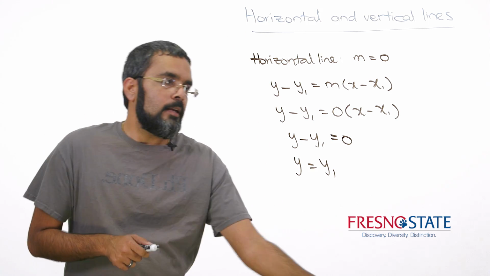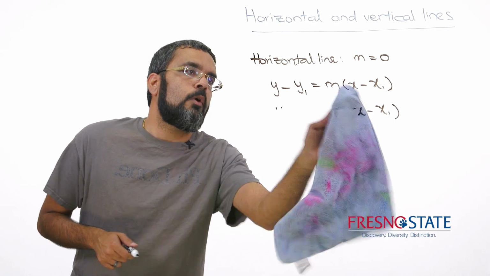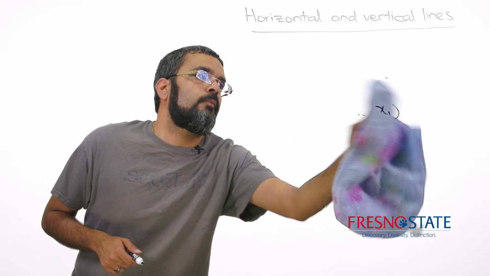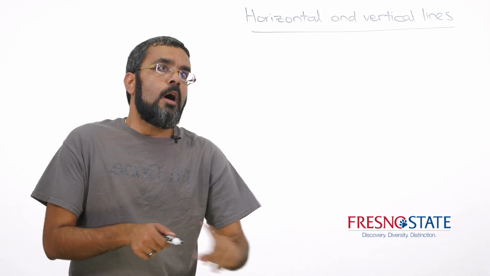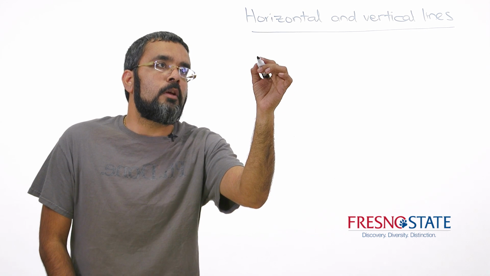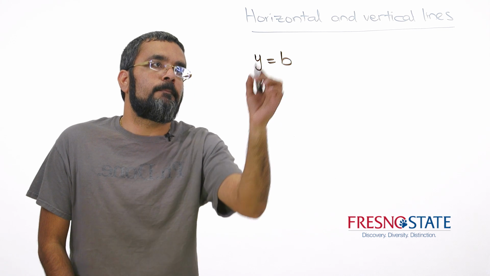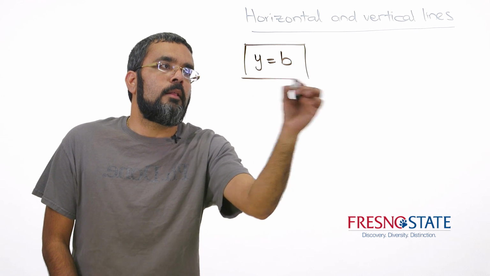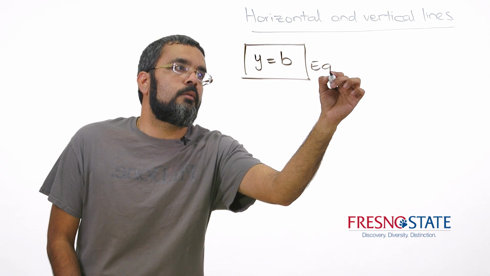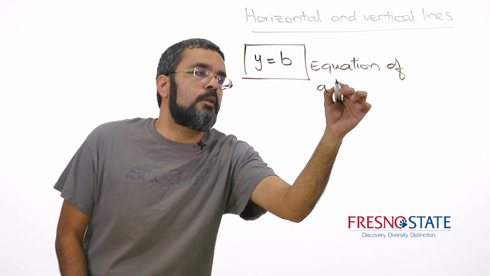So we write it, however, we use a different symbol. So we write the equation of a horizontal line. Okay. We use a different symbol, however, than y1. So we write the equation of a horizontal line as y equals b. Okay, that is the equation of a horizontal line,